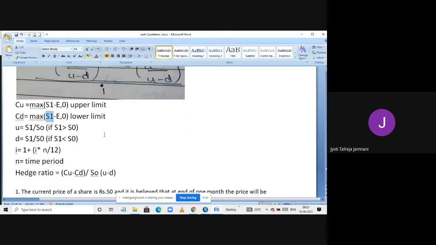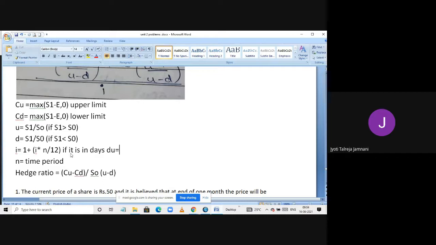Now what is left is I. I is nothing but 1 plus whatever is the interest into n divided by 12. So if it is a 1 month contract, 1 divided by 12. If it is a 6 month contract, 6 divided by 12. Suppose they give it in days, then it will be n divided by 365 days. Okay, so I'll write here. If it is in days,